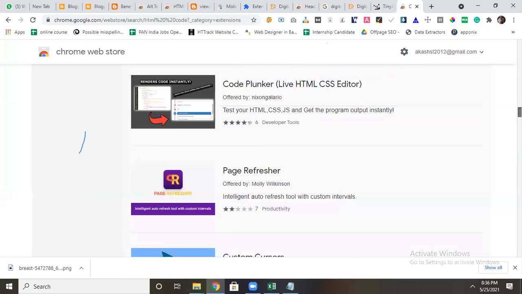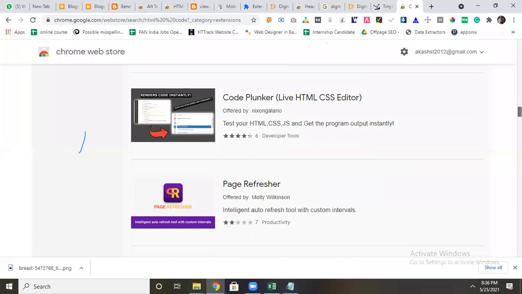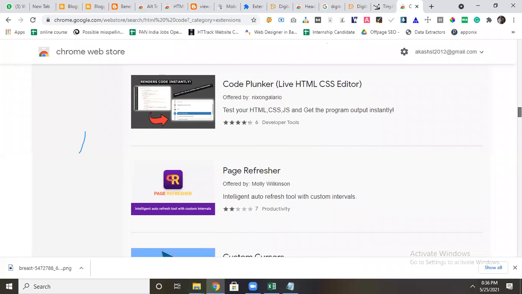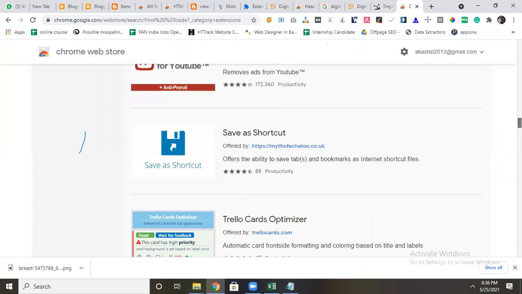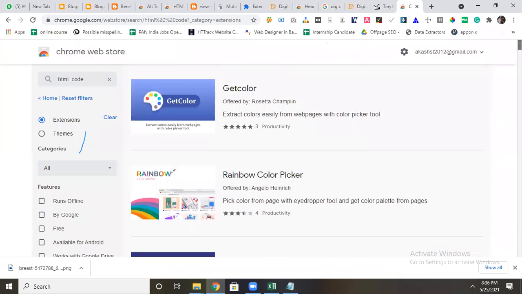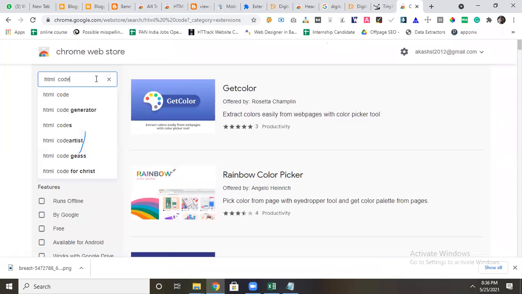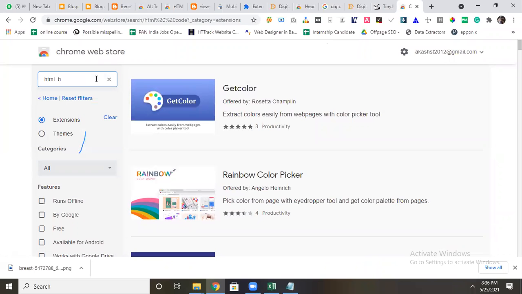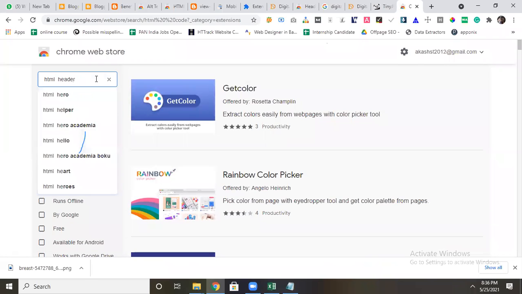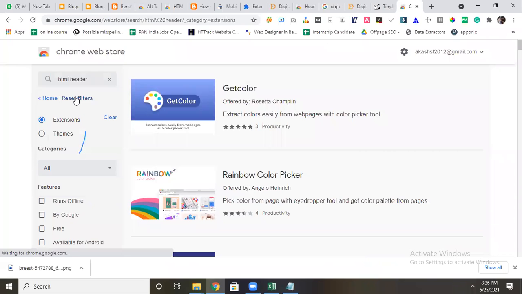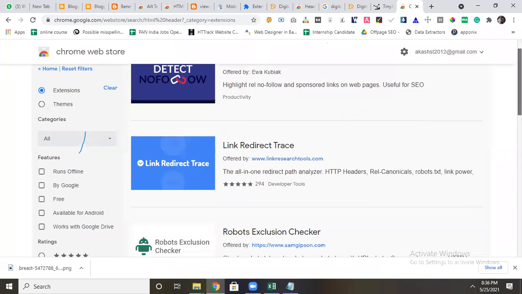They have made the work simpler for you. Okay, one second, I will check whether any HTML header extensions are available. Okay, HTML headers, you can see. If I search, you get it here.